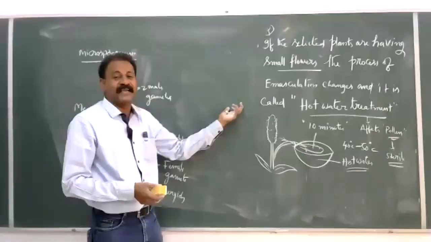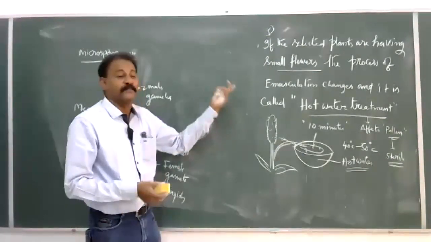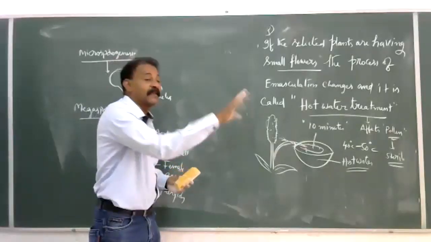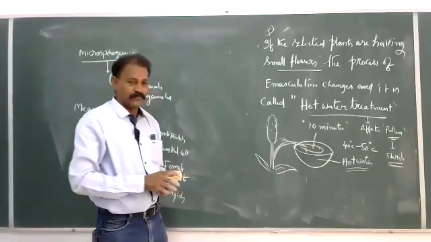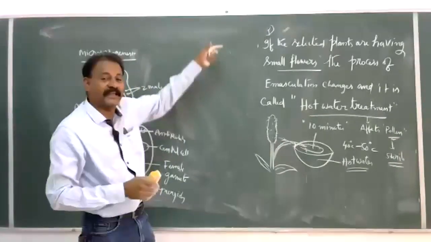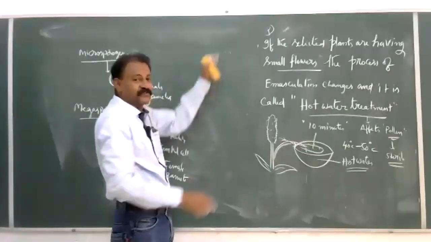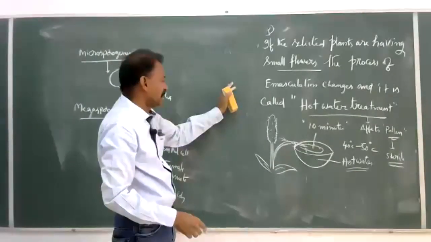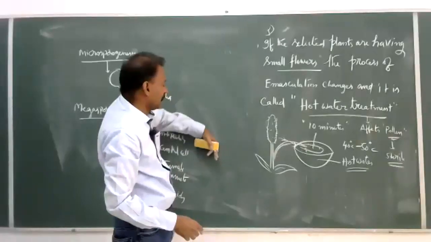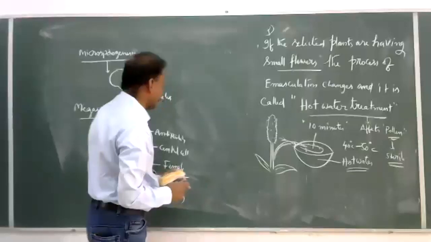Why is the pollen tube there? To carry the male gametes. Why does it have to carry the male gametes? Because male gametes are non-motile. They are not able to move. So, to carry the non-motile male gametes, there is a requirement of pollen tube production. And in the last class we have seen, the pollen tube enters into the style, then into the ovary, into the ovule. Pollen pistil interaction. Then what happens?